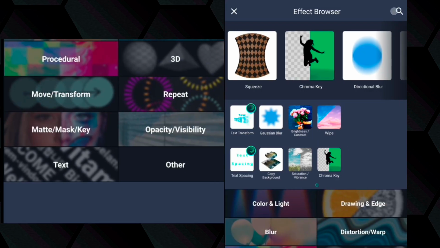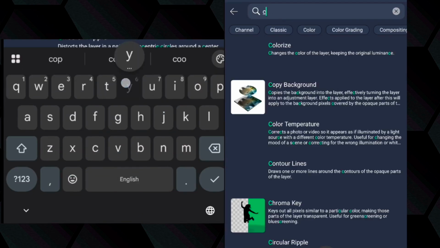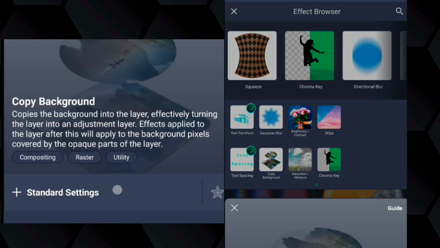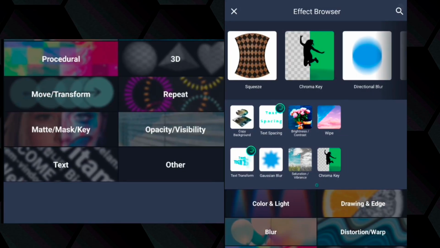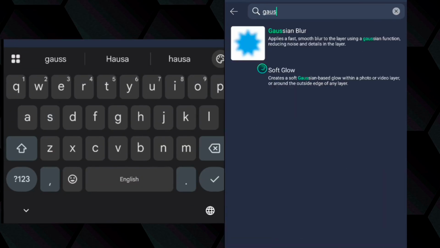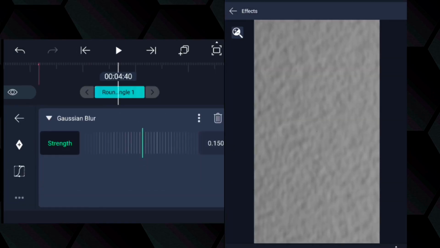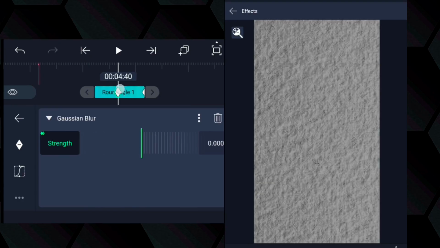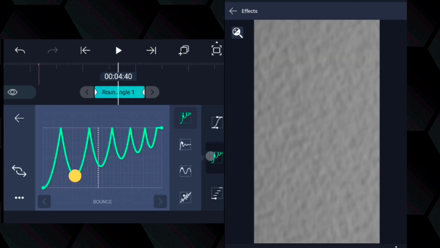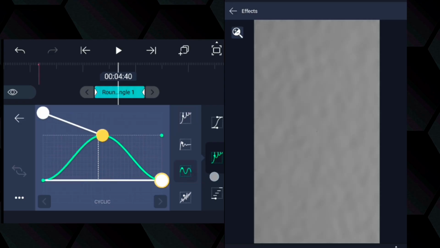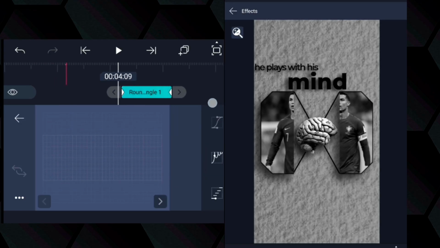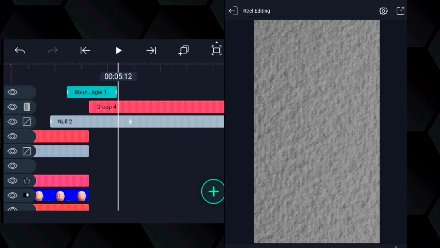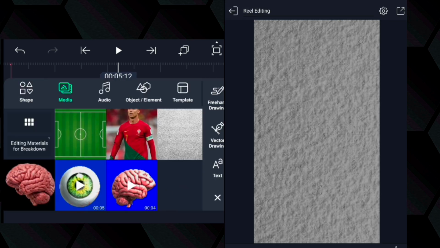Now add an effect called copy background. And add another effect called Gaussian blur. Increase the value to Z2 and add a graph like this. Now add the